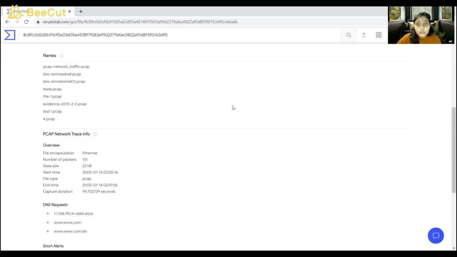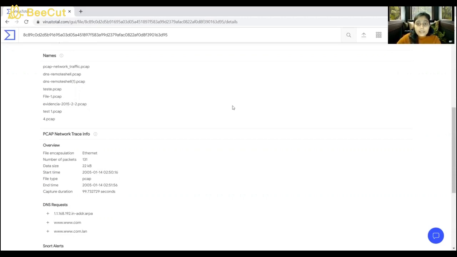What we don't want to see is the first submission, the last submission and the last analysis being the exact time that we are uploading the file. That would be a red flag. But in fact, it's been around the internet for over a few days. That's definitely an indicator that this could be an okay file and it's a green light for us.